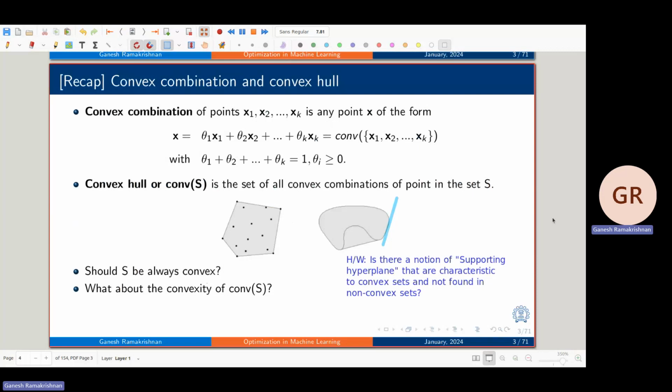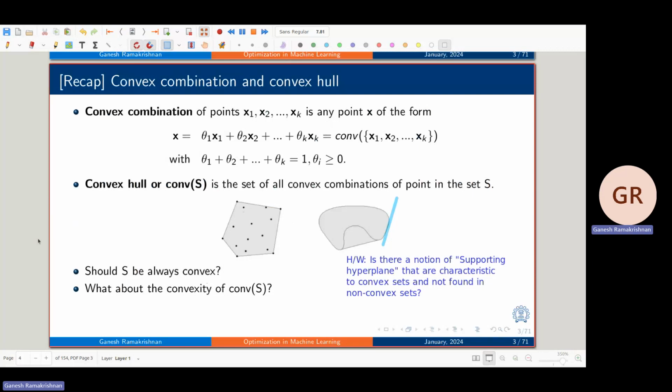Let's give it a name, supporting hyperplane H. So H at the point x. So the set C should lie in one of the half spaces. Simple. Very intuitive. So obviously, if you want proof, I have it in my